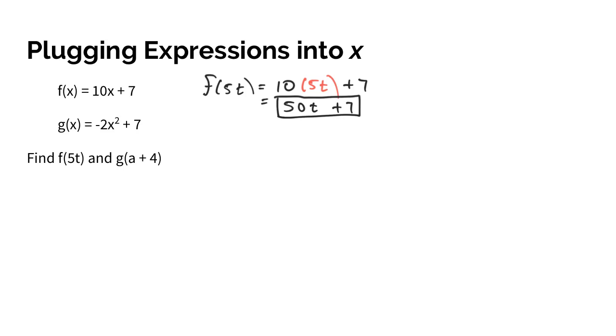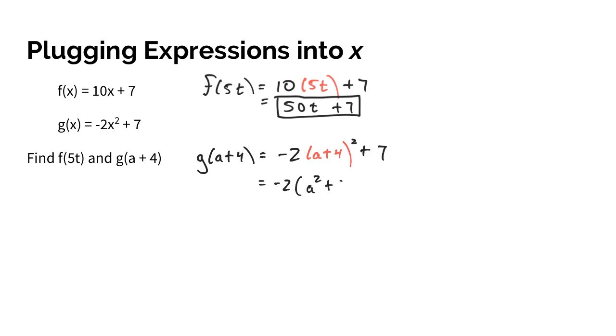We have g of a plus 4. So that means we're plugging a plus 4 wherever we see x. So negative 2 times a plus 4 goes in for x. That is going to be squared plus 7. Now you have to do your order of operations. Squaring comes first of your binomial, so that negative 2 is going to sit out front for a second, and